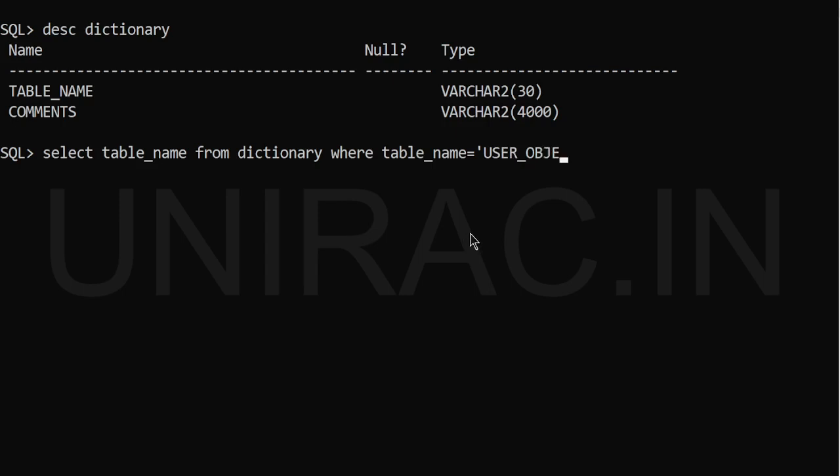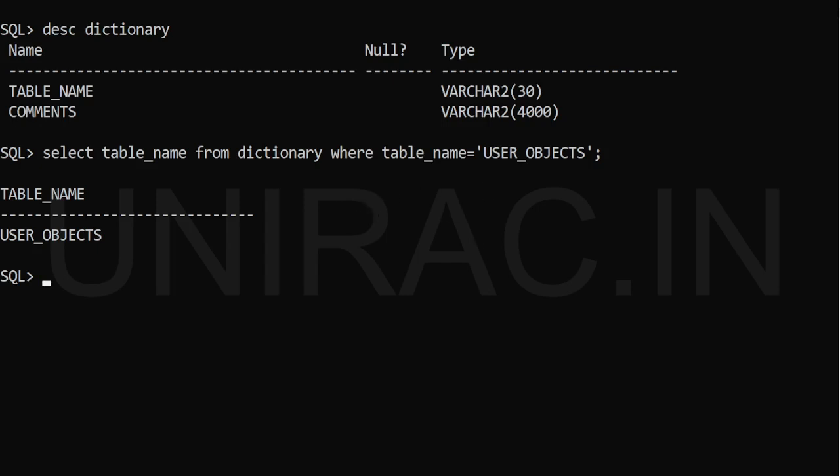If you know the table name directly, we can search with the table name. USER_OBJECTS is one of the examples which we have seen as a part of user views. Using the where condition, we have searched the USER_OBJECTS table and we found it.